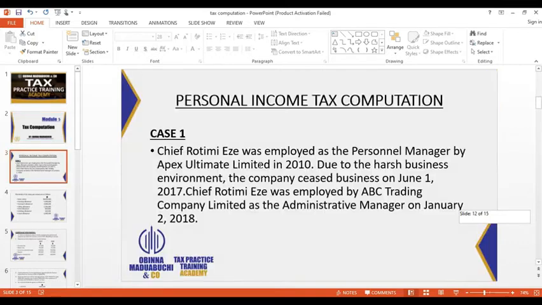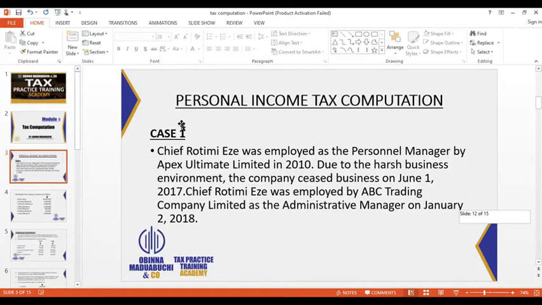So looking at this question and this case study, we are going to look at the tax exposure of Chief Rotimi Eze under the Finance Act of 2020, and also look at it under the Pre-Finance Act. Definitely looking at this year of assessment in this case study, which is 2018, the Finance Act of 2020 is effective from 1st of January 2021. So it does not really apply, but we are going to apply it here,